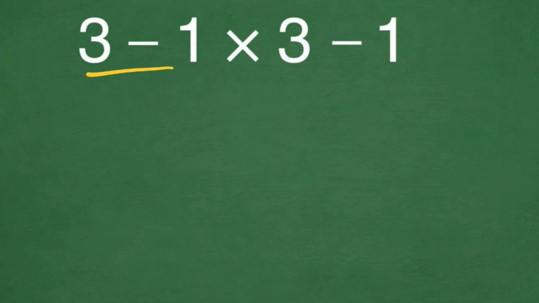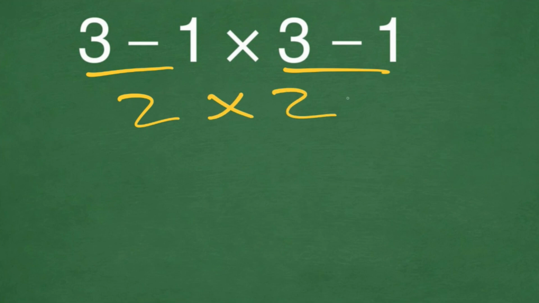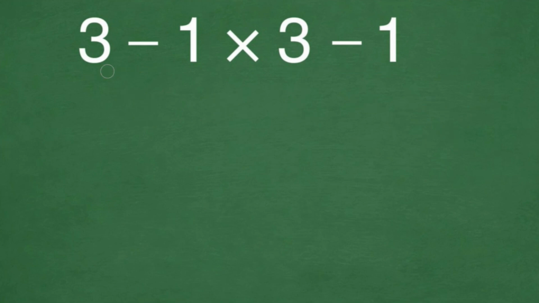3 minus 1 gives us 2. And again, here we have 3 minus 1, which again gives us 2. And 2 times 2 is equal to 4. But this answer is not correct, because according to the order of operations, PEMDAS,